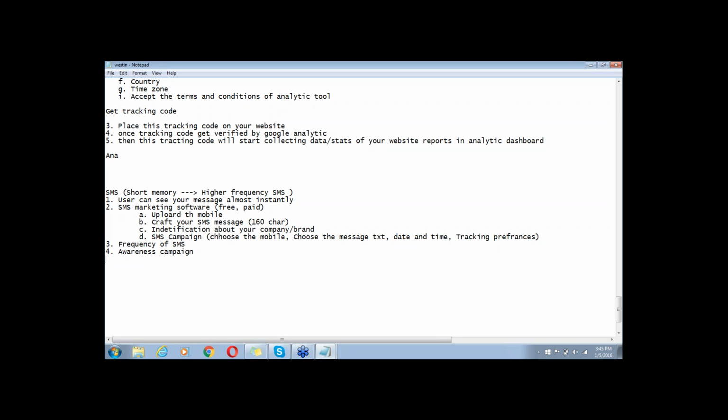So if you are using your business servers, they may hamper your own website, the website on which your actual business is running. So it's advisable that whenever you are doing SMS or email marketing, don't use your own server, right? So enough about SMS marketing. Can we move to the QR code now?